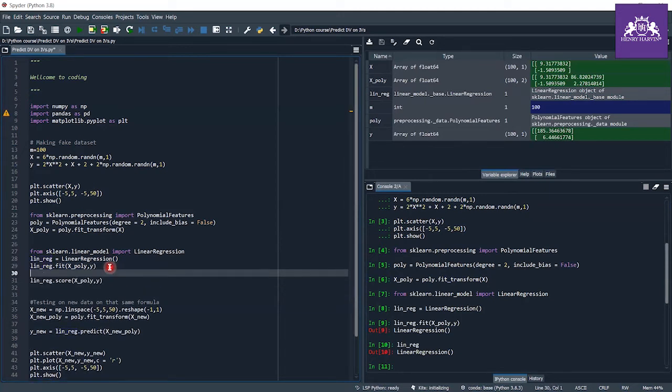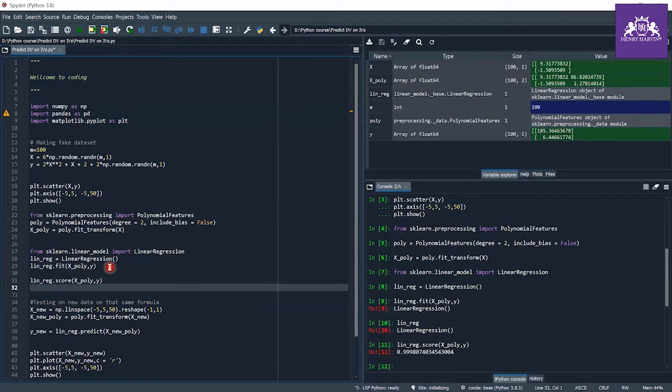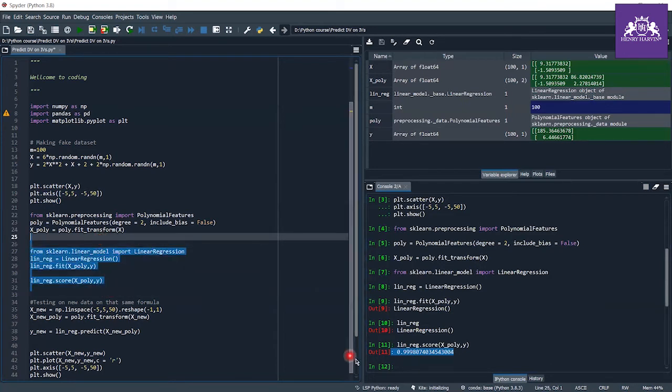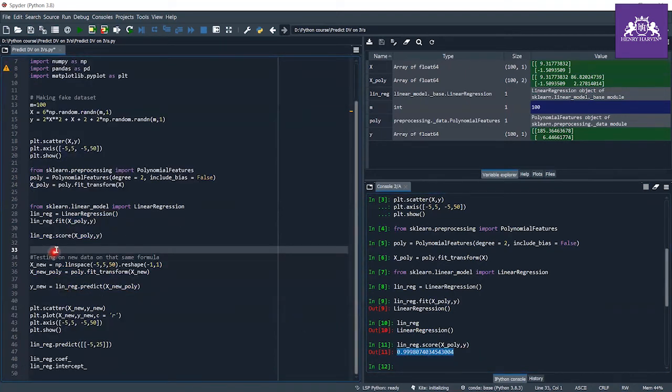I just made a linear regression model, but it is a best fit. As you can see, my accuracy is 99%. If you are still confused: I used the linear regression model, but it is not really a linear regression model, because I gave it the input of the polynomial features. So it is a polynomial regression algorithm, and like this we implement polynomial regression. I get my model which is best fitted, and let me do some prediction on it.